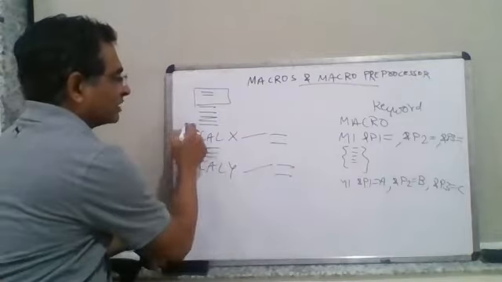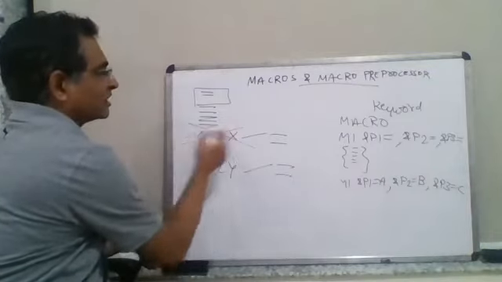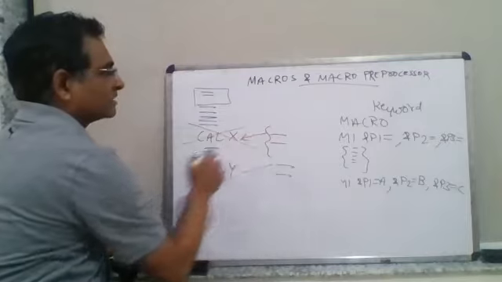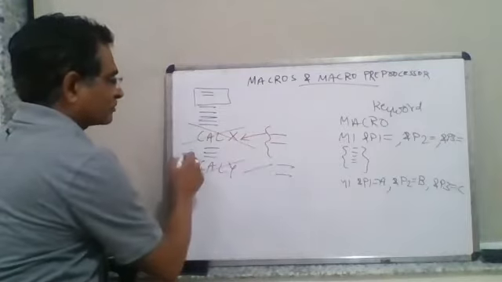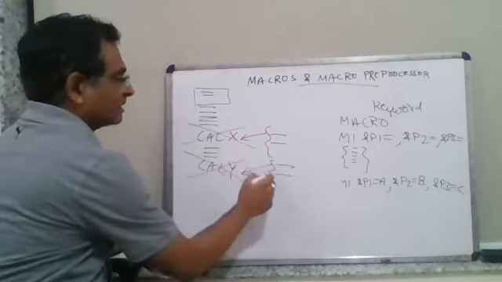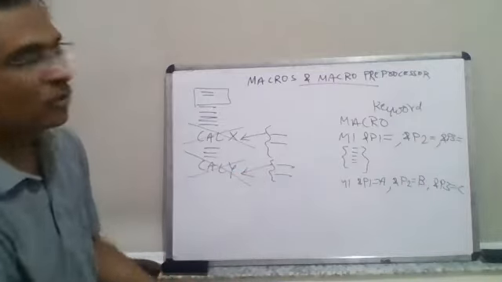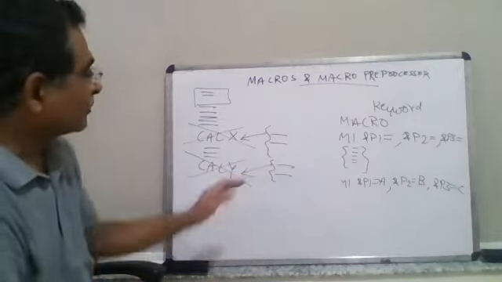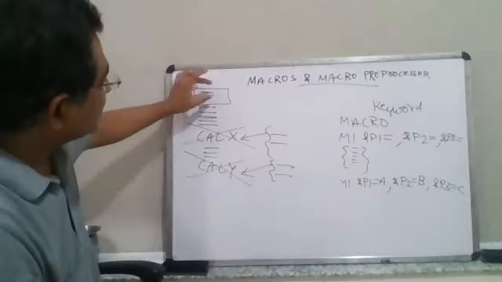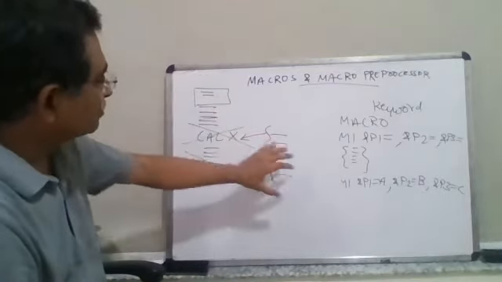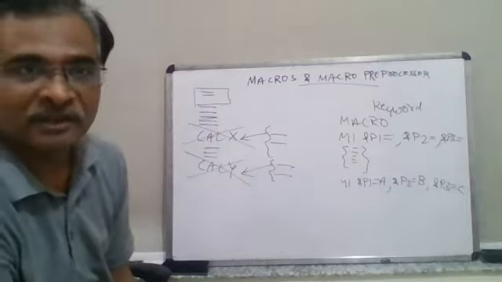So what is going to happen is at some level, this statement is going to get replaced by these statements. This statement is supposed to be replaced by these statements, right? So whenever you are going to call the macros with different parameters, the statements which are there are supposed to be replaced. So this is known as macro expansion, right?